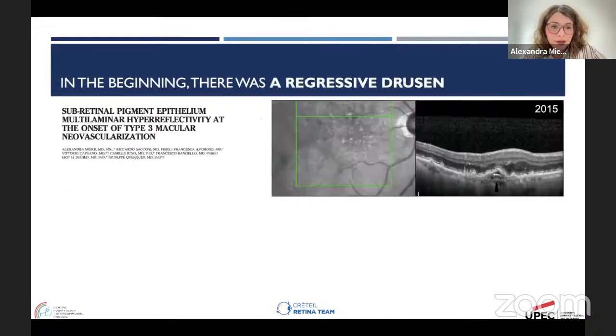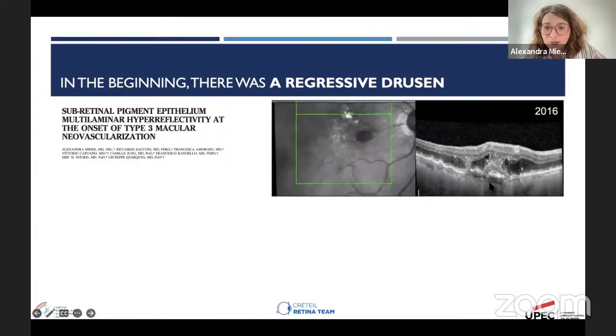And this is the paper I published with Professor Suede and Giuseppe Kerkes several years ago, when we first saw this small sign. So we have patients with regressive calcific drusen. As you can see nicely here, there is a hyperreflective line within this drusen. But in 1 year, we still have the calcific regressive drusen, but we also have a type 3 macular neovascularization